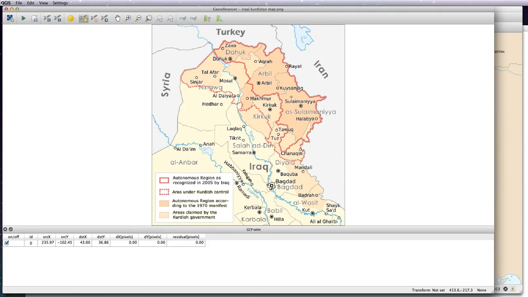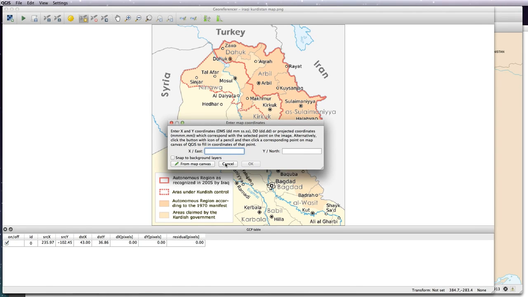Now, when you're adding your dots, you want to make sure they're as far apart from each other as possible to make it easier for QGIS to distort the map. If you put them all close together, it's going to have a hard time distorting the map. So the next one I'm going to do will be Suleymaniye here, which is far enough away. So I'm just going to add another point. And then same as before,